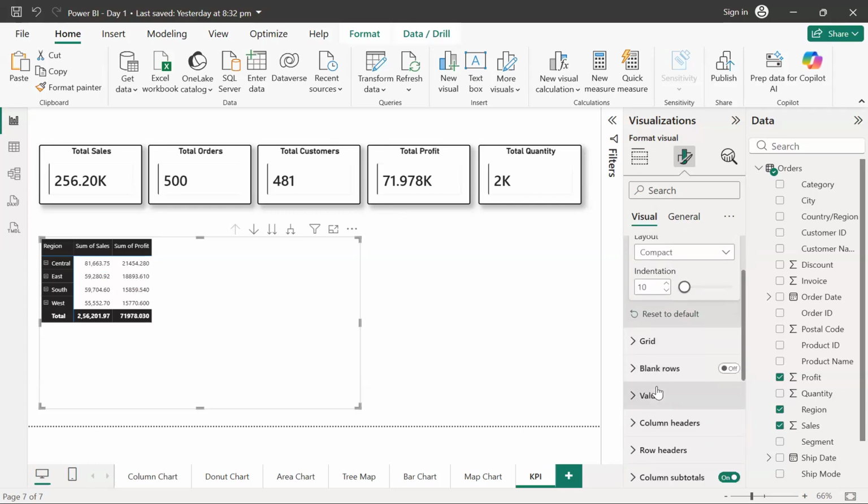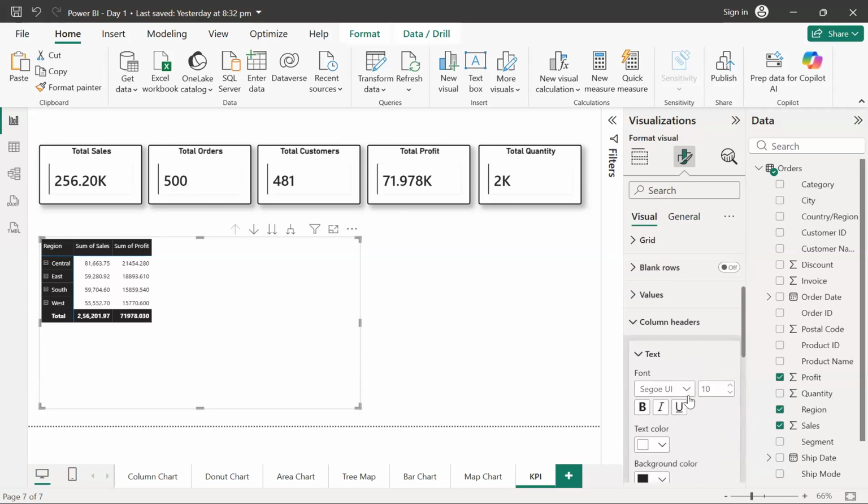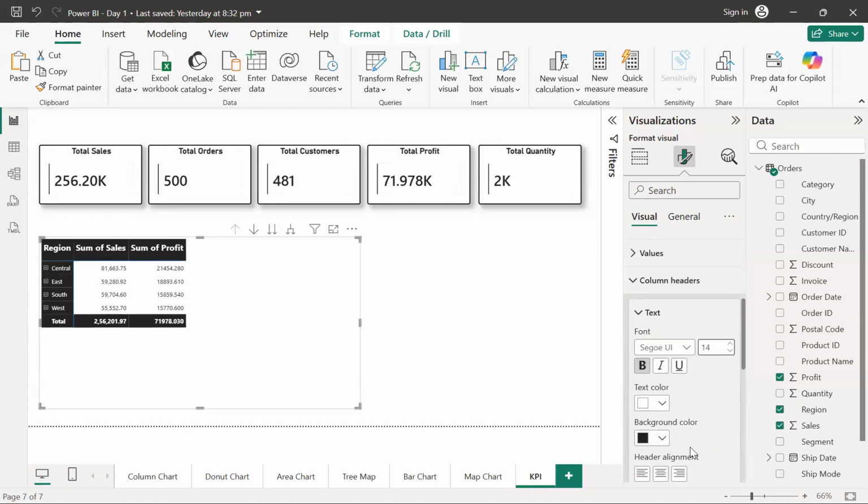Then you can go into the column header and increase the size a bit. 12, 13, and even 14, I guess that is also fine.